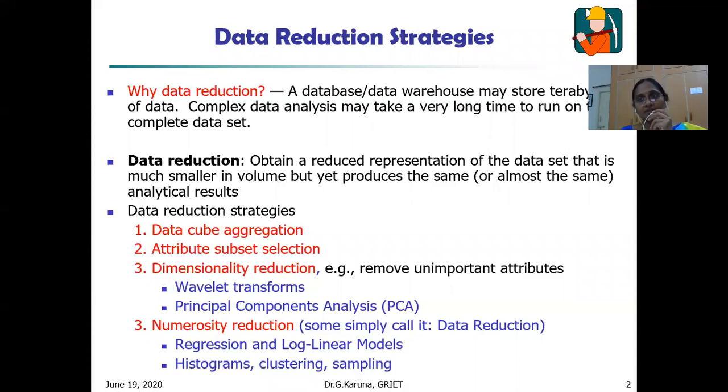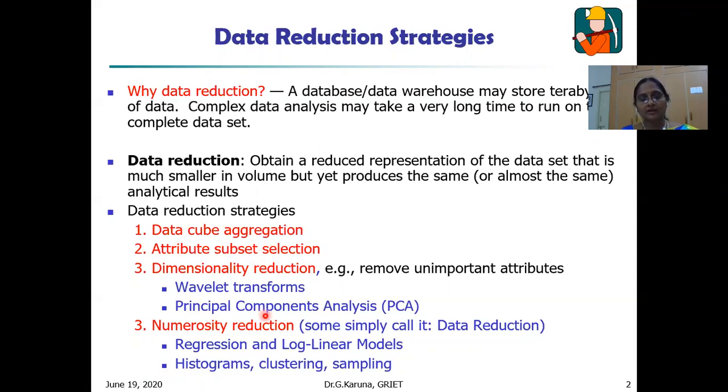So data reduction means the process of reducing the original data into a much smaller volume without disturbing the integrity of the original data. This is called data reduction. These are the data reduction strategies which can be applied to obtain a reduced representation of the data set, which is much smaller in volume and closely maintains the integrity of the original data.